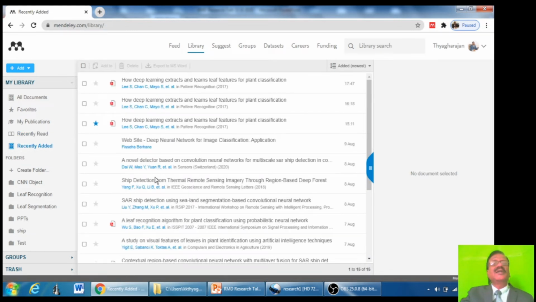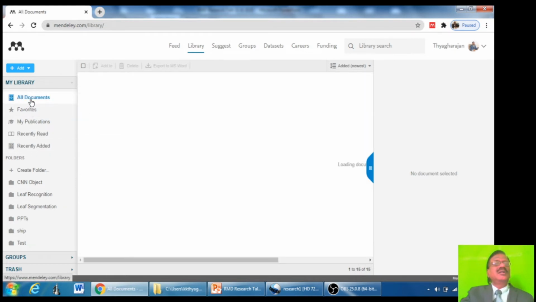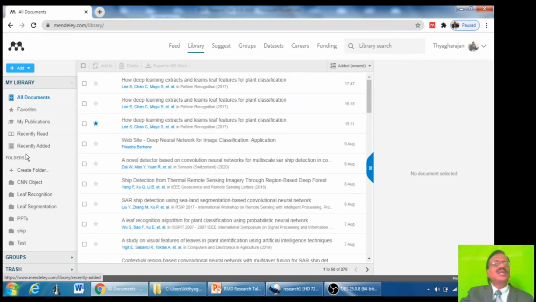Recently Added, all those things will appear here. Now in this All Documents folder, all these files will be displayed. Now you can add your downloaded PDF here for your reference, and you can also create folders, and within that folder you can put that PDF.